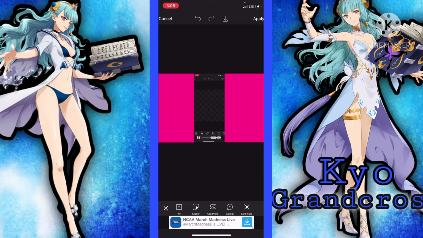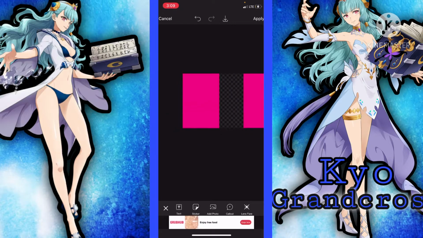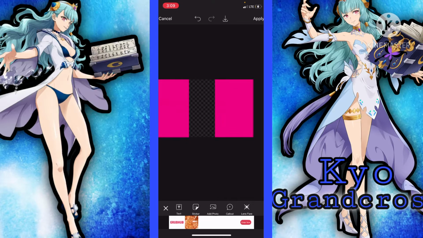But once you have the two photos side by side, you can delete this screenshot now. It doesn't really do much after the fact where you put the photos in. And now you're gonna get, this depends. If you just want just a plain layout, then you can just leave it like this. But if you want like a pretty